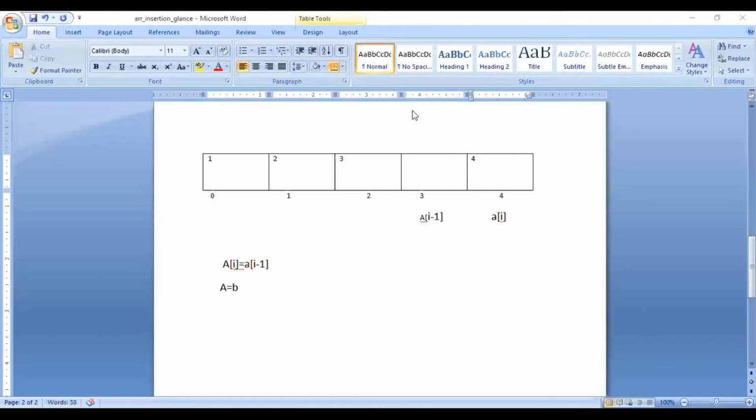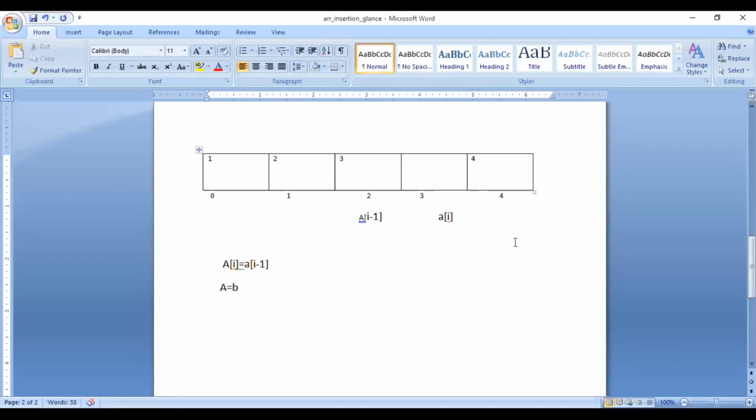Okay, see now. Here A of I minus 1 is empty. Now what will we do? We will transfer these both to the next. So now A of I minus 1 is transferred here and A of I will be transferred here.